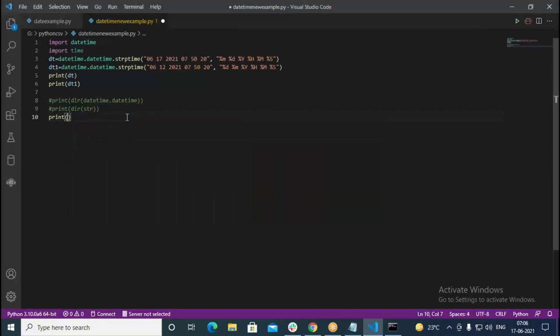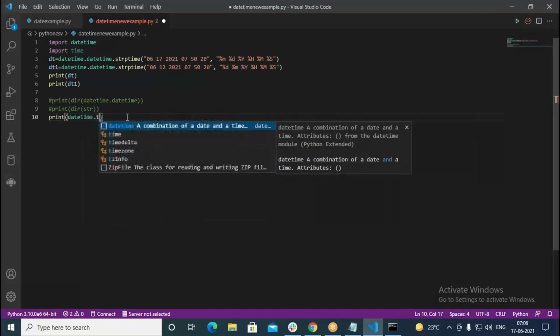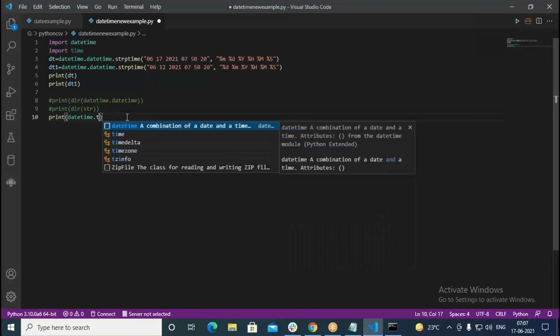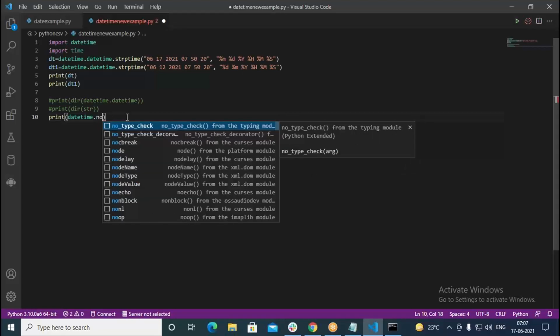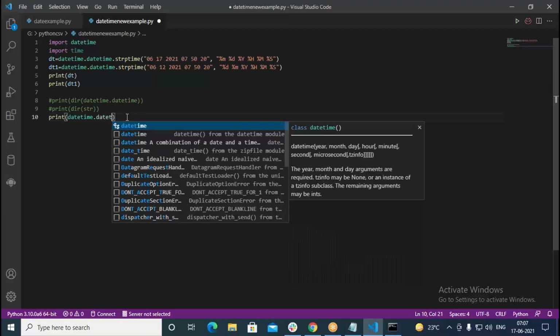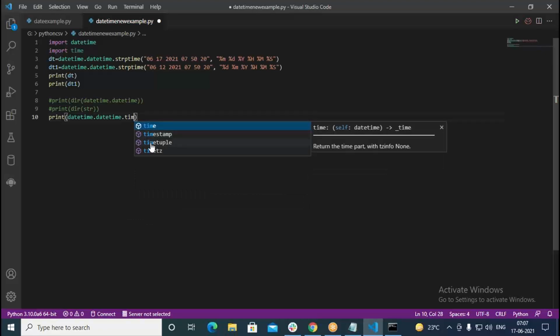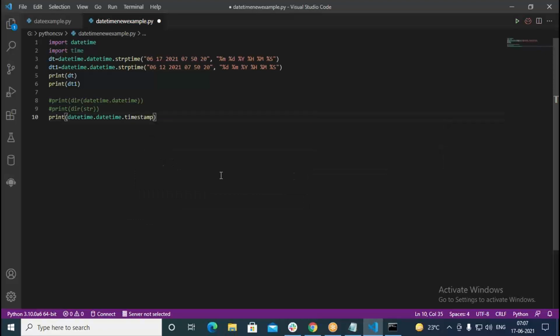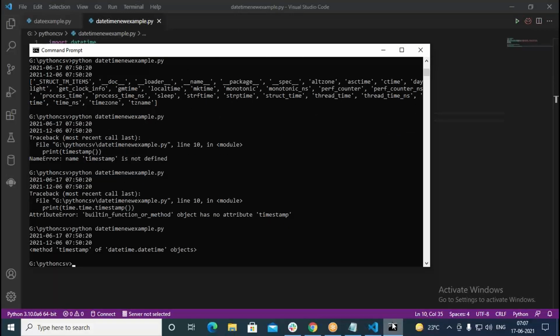Write datetime.timestamp, datetime.now, then dot, otherwise datetime dot we say timestamp. This is a method, so let us print that. It's just saying it is a method.